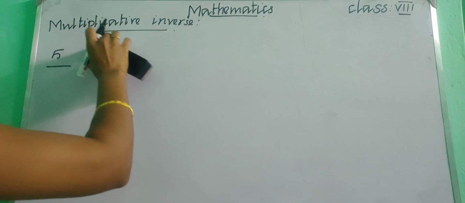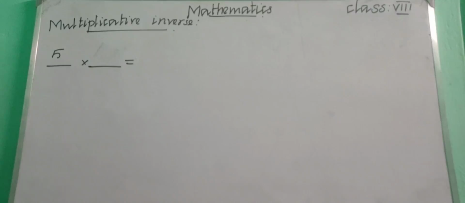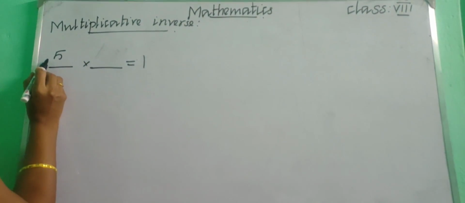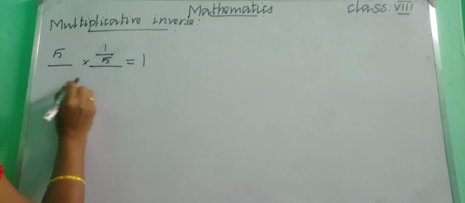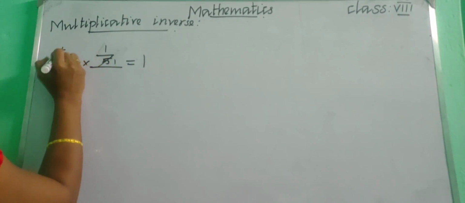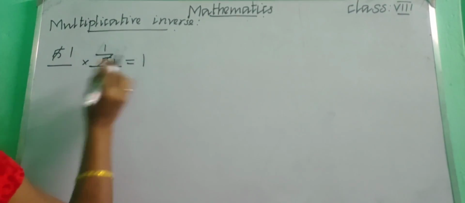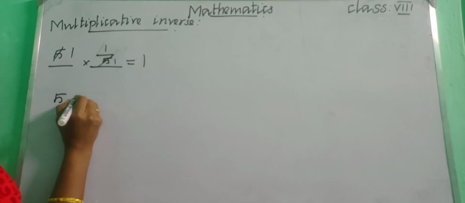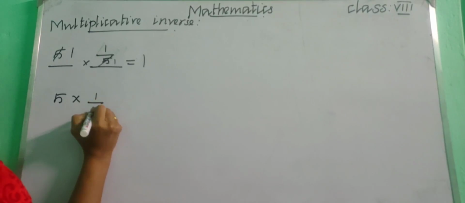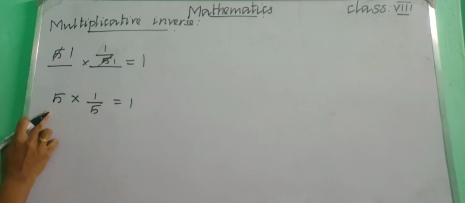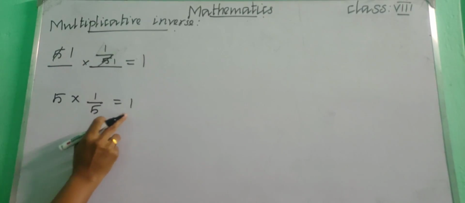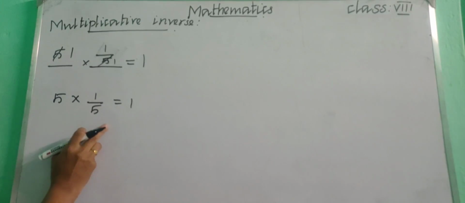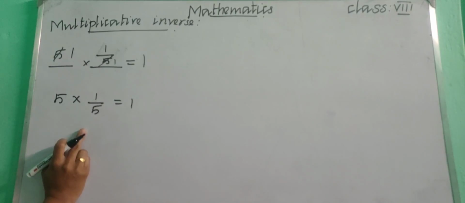Simply if you are multiplying the reciprocal. Okay, see, so if I am multiplying 5 with 1 upon 5 means we will get 1. See, 1 5 is 5 and 1 5 is 5. So what is the answer? We will get the answer as 1. Okay, so this is called the multiplicative inverse. Okay children, so if the product of two rational numbers is 1, see, I just said, right? So 5 into 1 upon 5 equal to 1. Okay, so if the product of two rational numbers is 1, then each of them is said to be the reciprocal or the multiplicative inverse of the other.